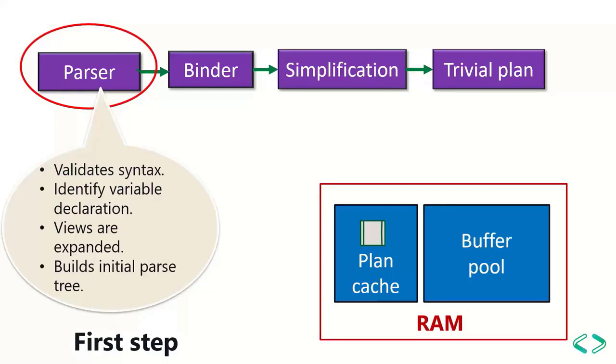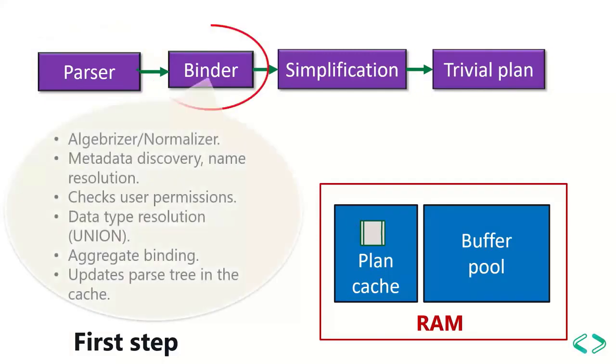With all this information, the parser will put a hash on the query which we are sending, and it will compare that hash with the execution plans inside the plan cache. If it finds an exact match, then it will use the same execution plan for the execution phase. But what if it doesn't find an exact match? It will build the initial logical tree at this particular phase.